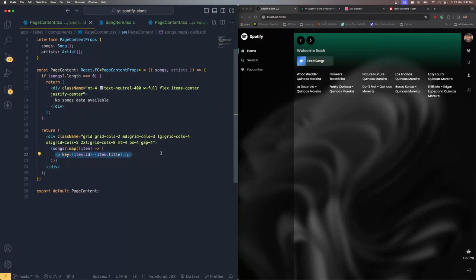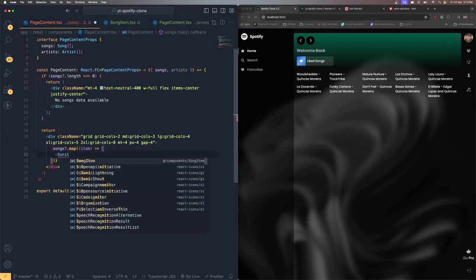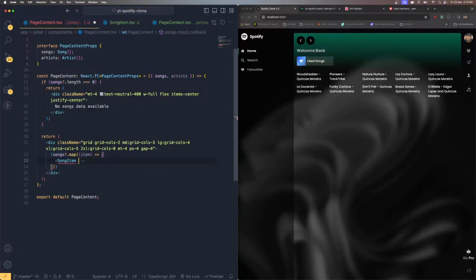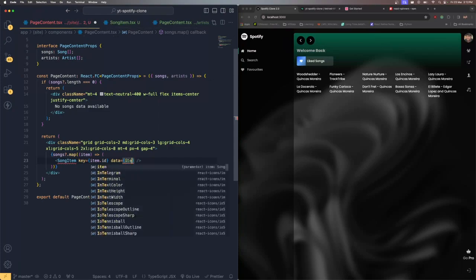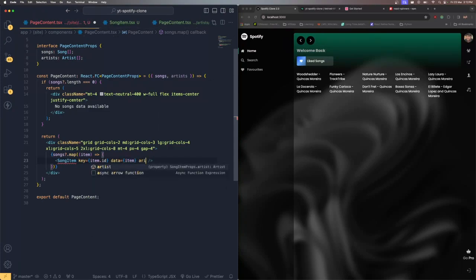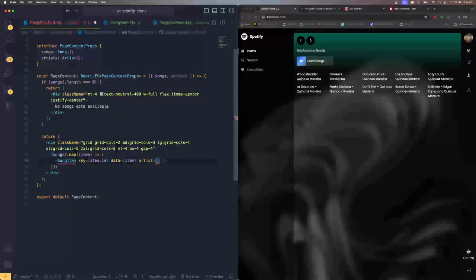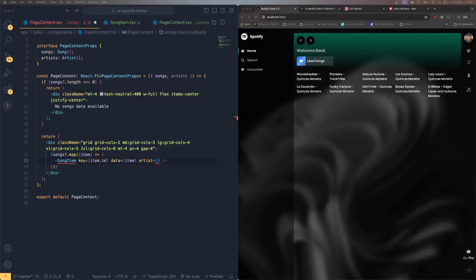Instead of this paragraph tag, I'm going to bring that song item, and I'm going to supply the key as item.id to avoid the issue. Then I'm going to supply the data, which is going to be the item. Then I'm going to supply the artist, which is going to be... so this is the place it gets trickier, because we need to send the artist which matches the artist id, which equals